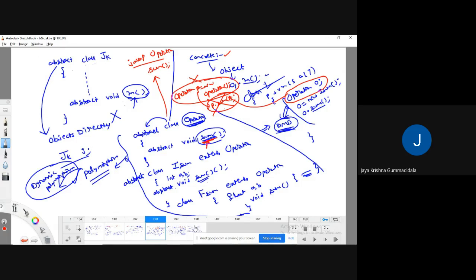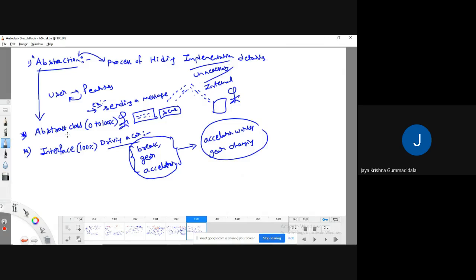So through abstract classes, I can achieve 0 to 100%. If the abstract class contains all concrete methods, then we can't achieve any abstraction, that is 0%. If the abstract class contains all abstract methods, then we can achieve 100%. But in interfaces, everything is abstract.